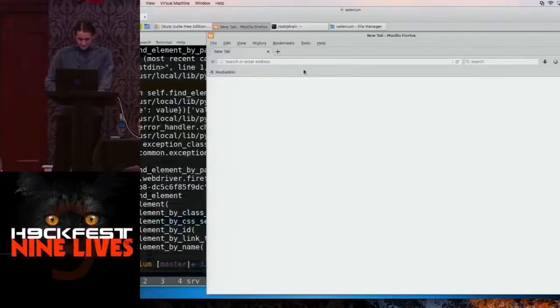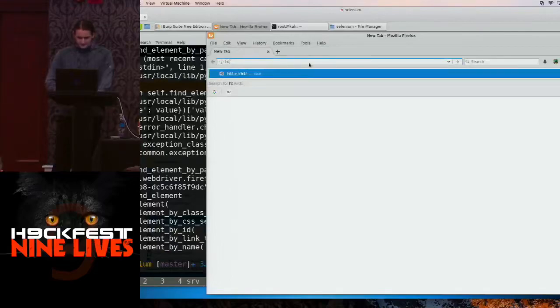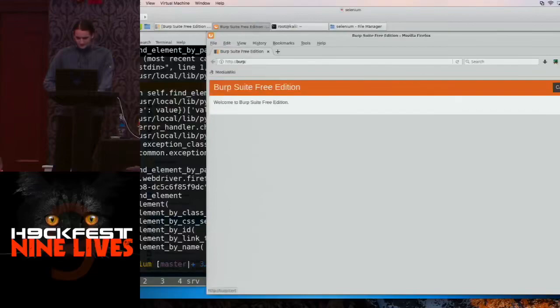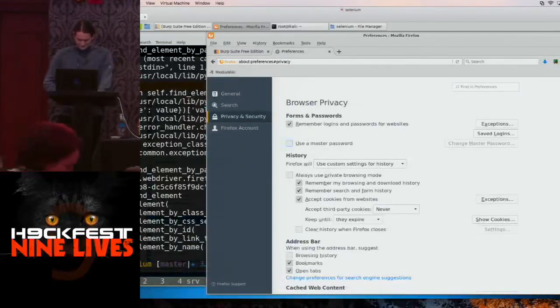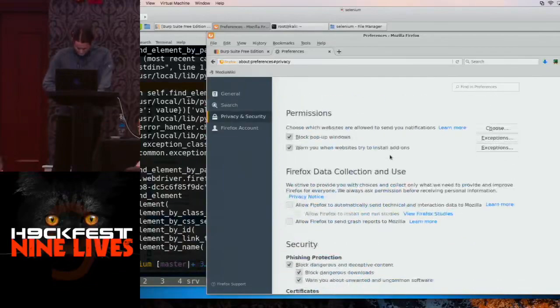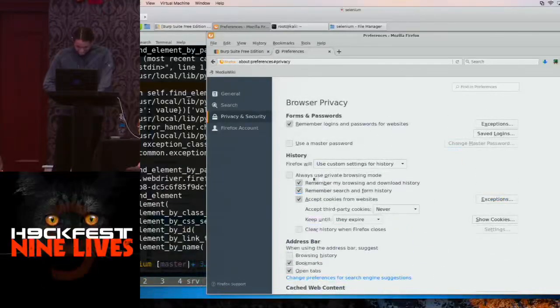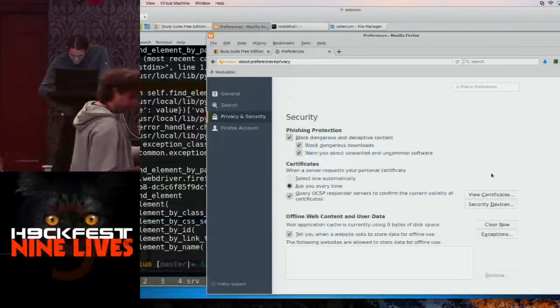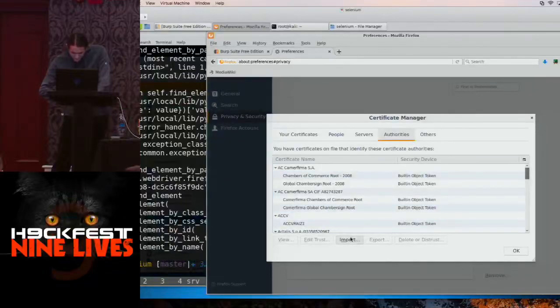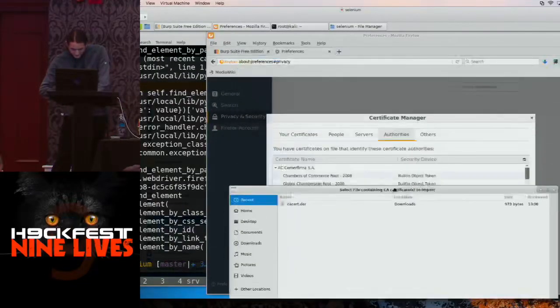Let's go to a browser session, and make sure it's hooked up to the proxy. I'm using a one-click proxy setting. Let me go to HTTP burp, and yeah, we click on CA certificate, get the certificate file, then preferences. I'm sure you all know how to do this. I don't know why I'm bothering with this. Where did they move it to today? There we go. And yeah, you import a certificate, make sure it's an authority and not a certificate, because of the way